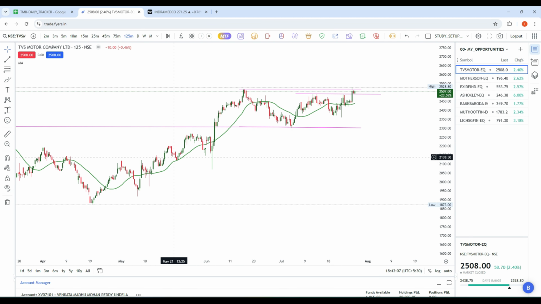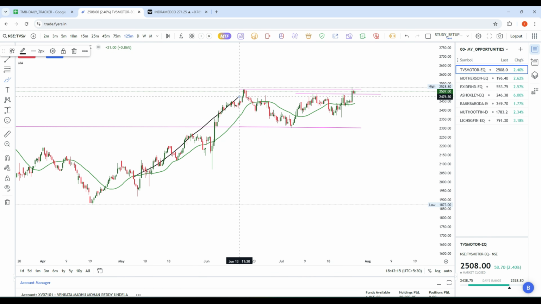What it's saying is there is an impulsive move in the stock. After the move, it went for consolidation, and during this consolidation it made a cup and handle. So already there is a small breakout, and here there is a small consolidation. It may break out. If this breaks out, we can try to enter here